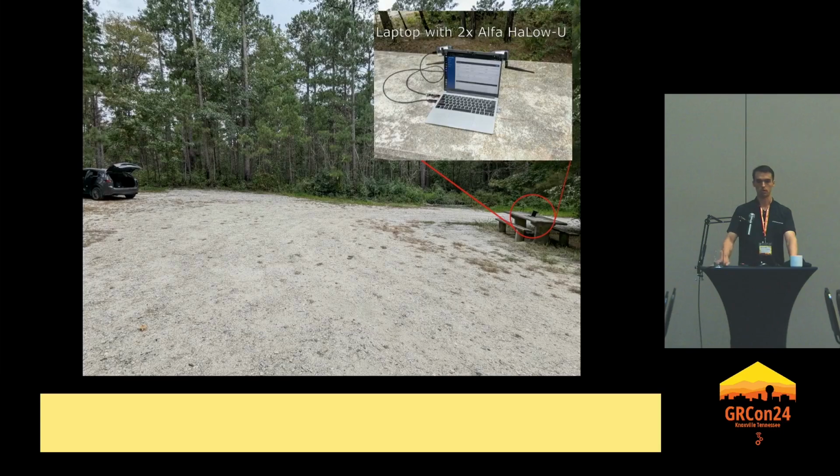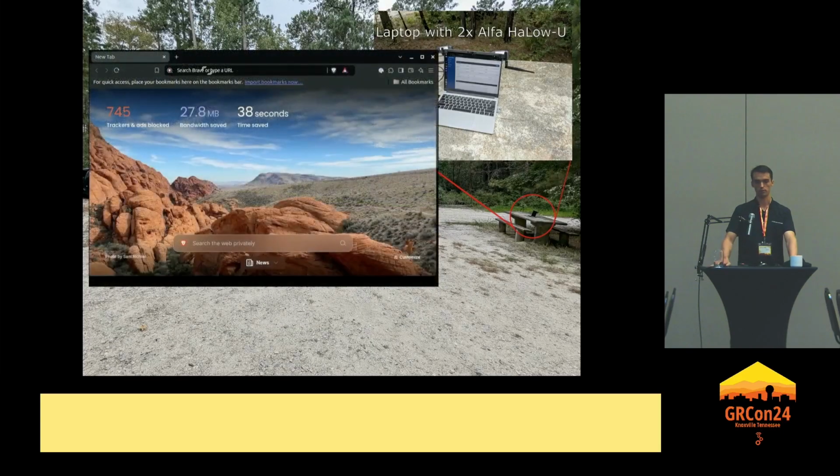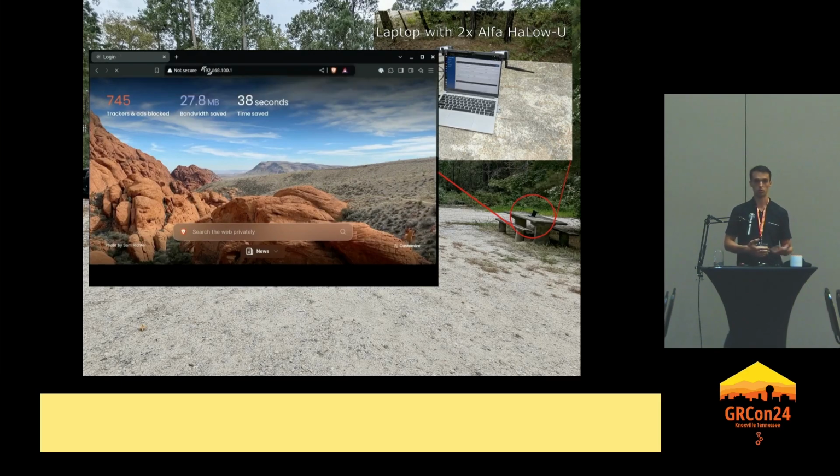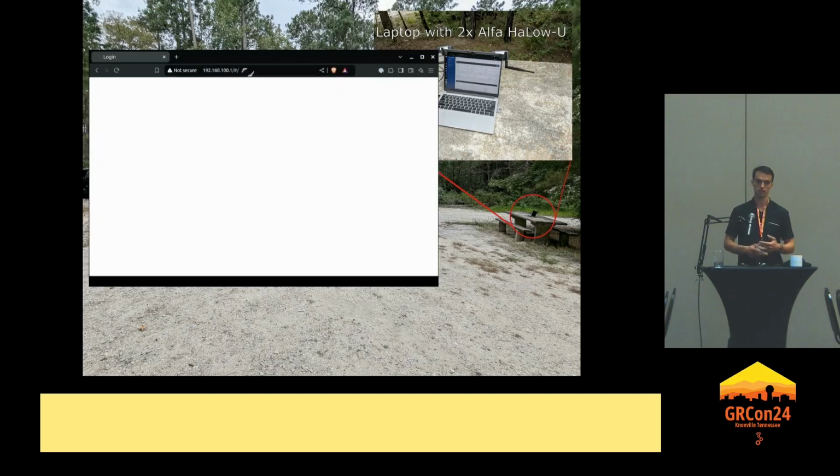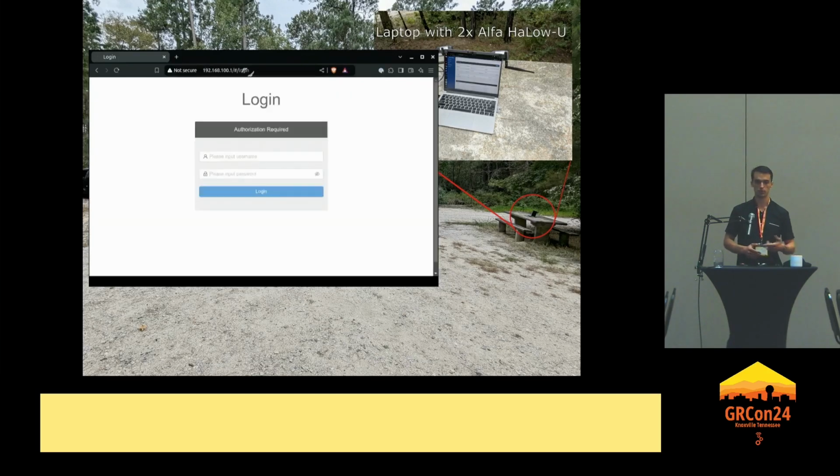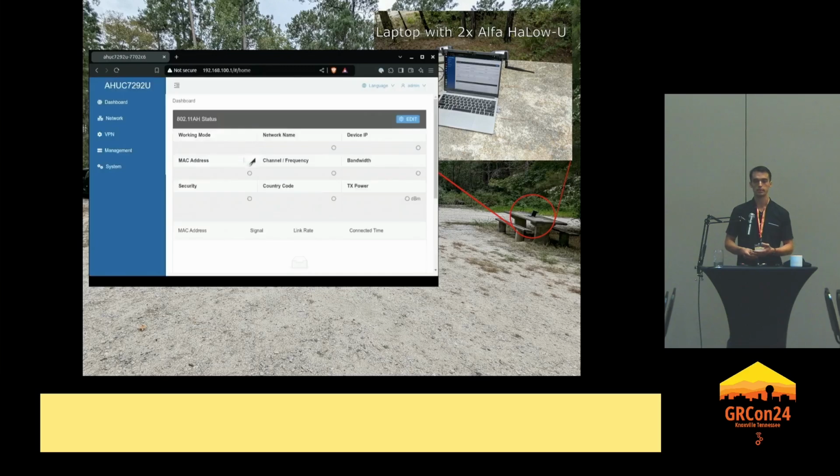I have to do the same thing for the other device, but before I do that, I'll navigate to the web console, because on there it'll show if there are other devices that are actively connected, as well as verify the channel frequency, bandwidth, and power settings.